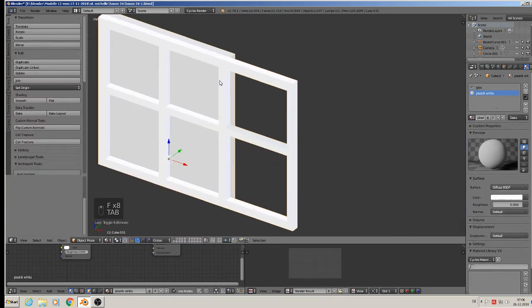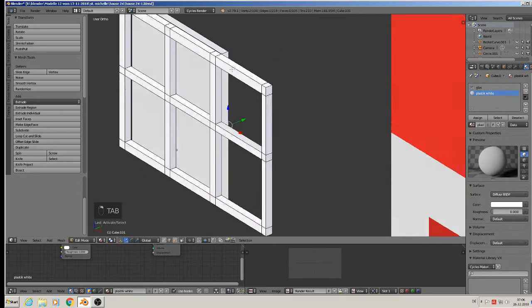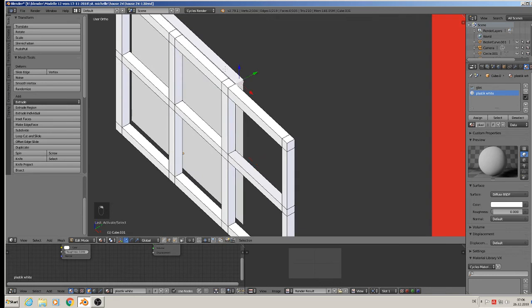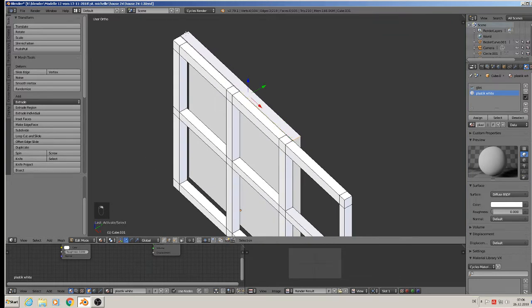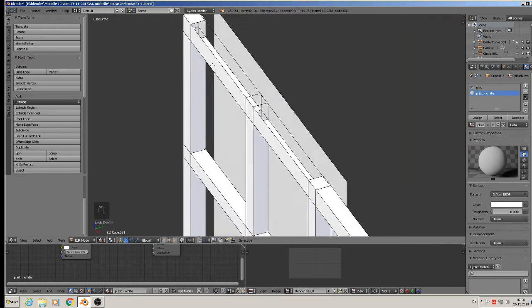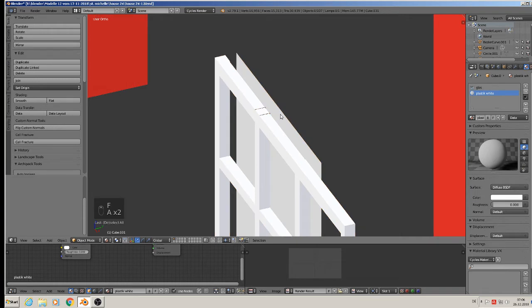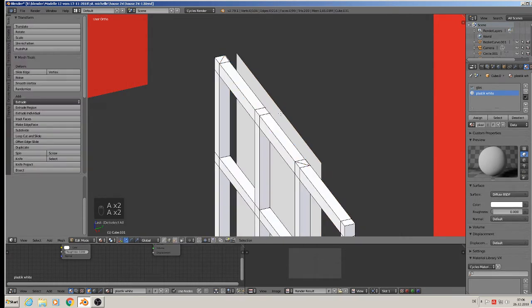Here we have the same problem with the back part of the class there. I don't know why, but who cares? X delete edges. That was combined with them. What is really wrong? But okay, so we close with F. Done. We need here for the window